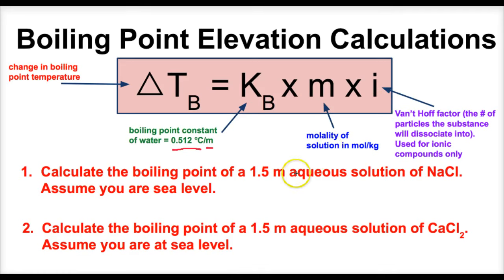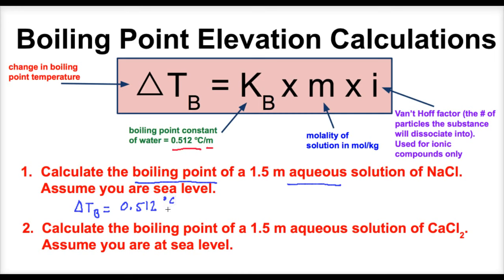So let's look at this example, and hopefully you catch on. In this example here, we have a 1.5 molal aqueous solution of sodium chloride. We're going to assume we're at sea level, so pressure doesn't come into play here. We want to calculate the boiling point of this solution. In order to do that, we must find the change in the boiling point temperature. So to get delta T, the change in the boiling point of this solution, since we're dealing with water, it says it's aqueous, we take the boiling point constant of water, 0.512